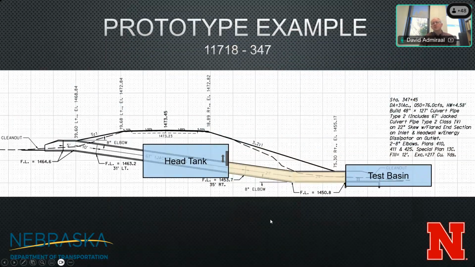All right, so just to kind of ram this home, this is our original prototype here. The part that we're modeling is this part right here, down here. And so I've kind of given you an idealized structure here. So we've got the runout section, the testing basin, we've got the drop structure and the head tank. The drop structure we have is a little bit shorter than the one I have shown here, but it's basically